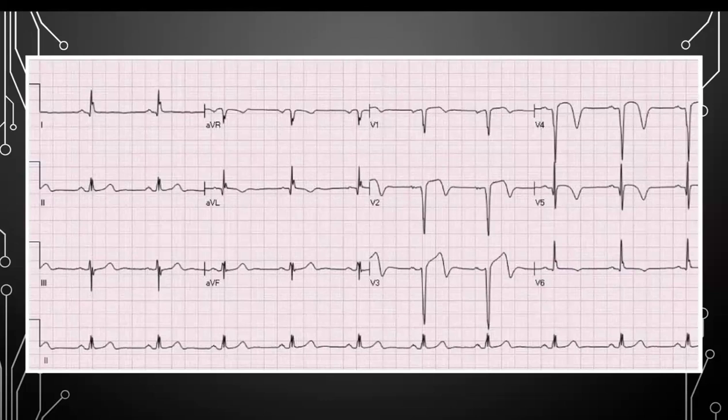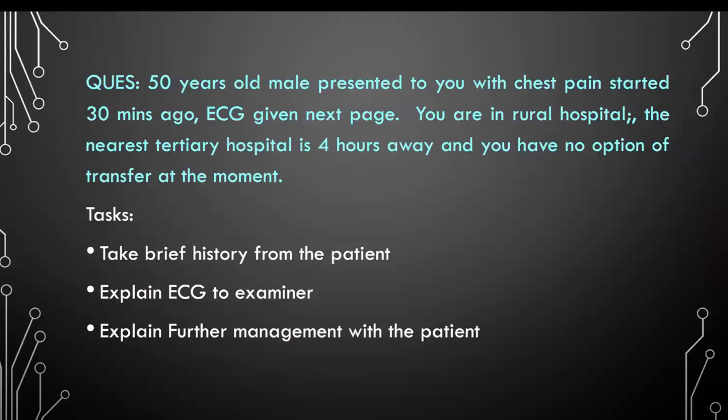So I will manage this patient by first, if I'm in a tertiary hospital, I'll admit the patient. I'll provide the patient with oxygen, give the patient aspirin, as well as GTN. And I would like to consult my cardiologist in the tertiary center. Meanwhile, if I get approval, then I will start this patient on thrombolytic. This patient would need to be admitted and stabilized and transferred to the tertiary hospital as soon as possible.